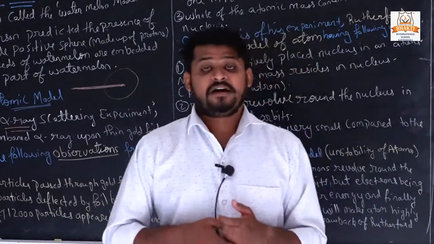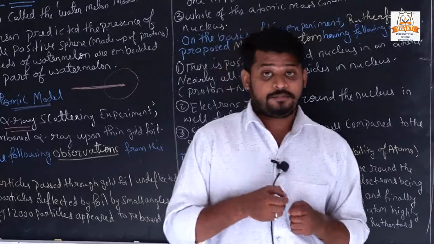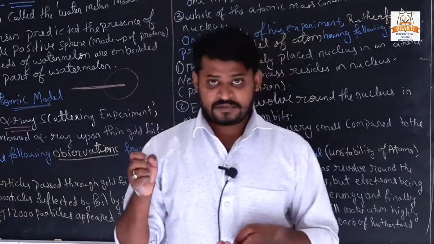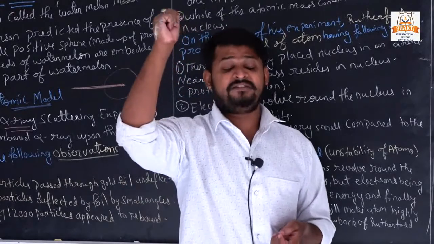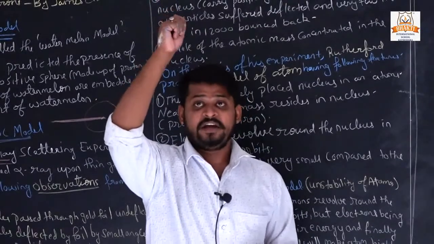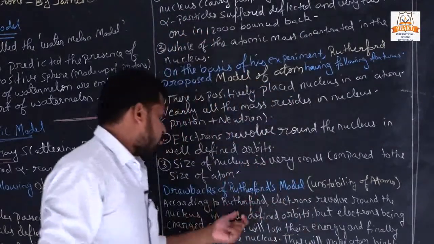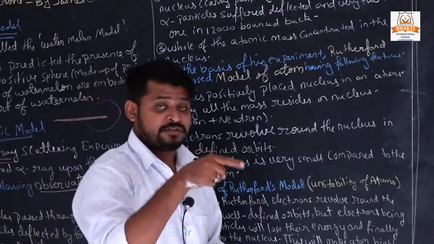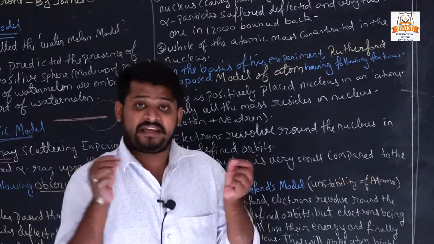What was the drawback? I'll give you an example. When you tie a rope to a stone and rotate the rope, and then we stop and the rope loses its energy, the stone comes and strikes our hand after some time. So the drawback was also that if Rutherford said electrons are continuously moving, after some time they will lose their energy, so why don't they strike the nucleus?